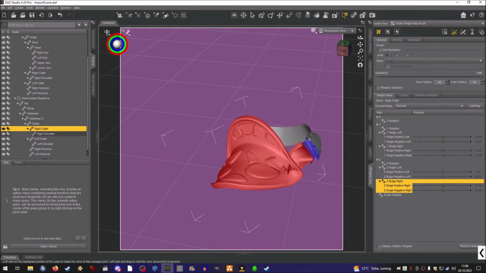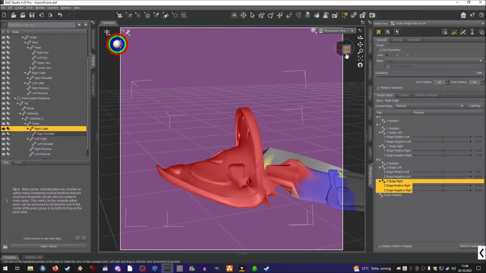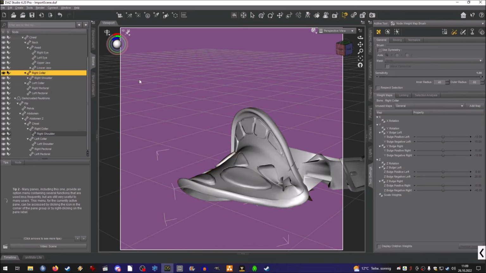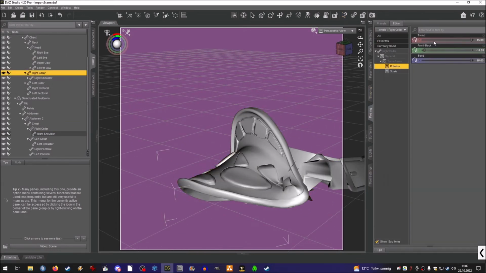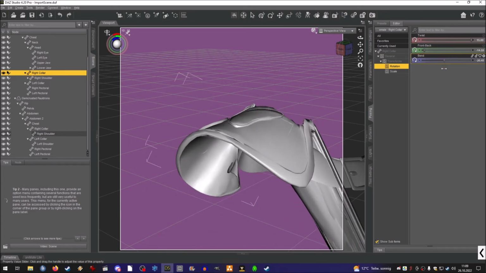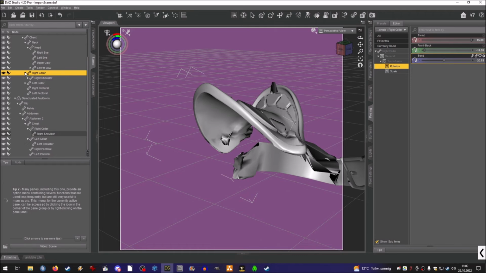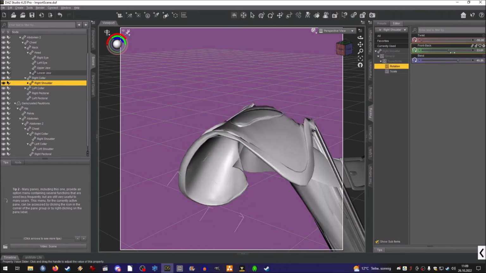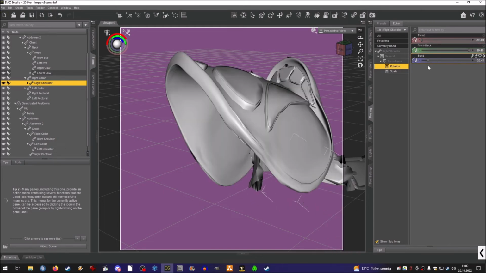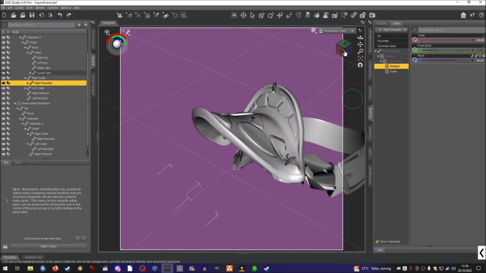Okay, now if I grab the right color and I'm moving the color of my... okay, so it still moves. What happens if I use the right shoulder? Okay, so there's still some